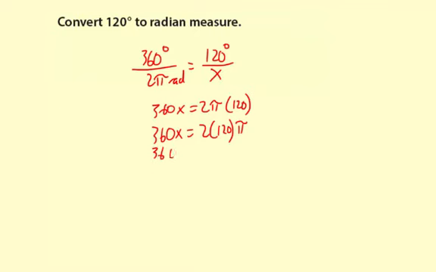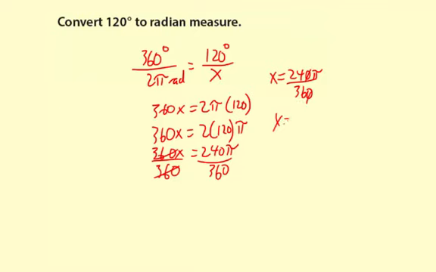So 360x, and now I'm just going to simplify the right. 2 times 120 is 240, and then pi. Okay, divide both sides by 360. So x equals 240 pi divided by 360. And now it's just a matter of simplifying this fraction. I can simplify by 10. So x equals 24 pi